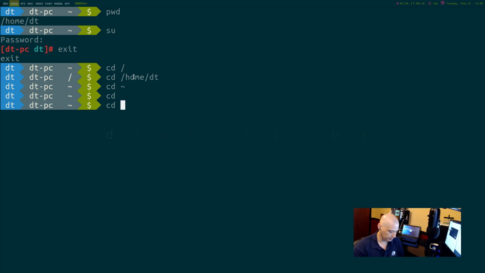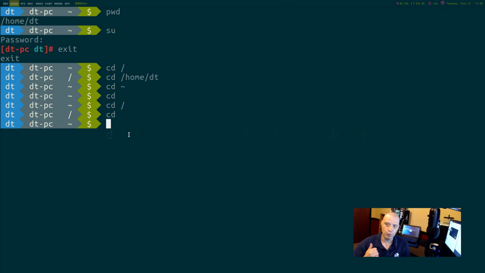So if I'm in root and I just type cd, I'm back in home. Hope that makes sense. So that's the first command. You will use cd a lot. The main thing you would probably use your terminal and the command line for is basic file management stuff, navigating through the directories using something like cd. And later on I'll show you how to move files, copy files, create files.